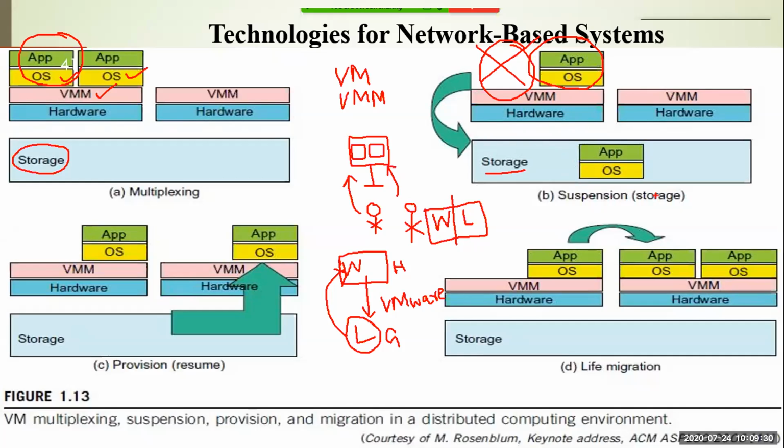After some time, I have seen that the resources demanded by this particular suspended application can be run in some other system, right? Some other system means maybe the same storage is used by multiple different systems, or maybe different systems as well. For example, I'll separate this storage here. The storage used in this part is different from the storage used in this part. So I can resume my work in another virtual machine monitor, right?